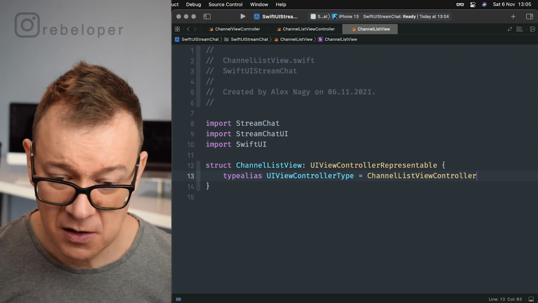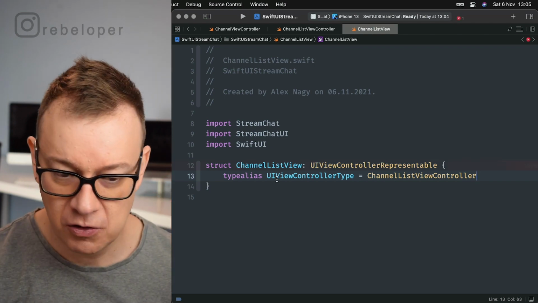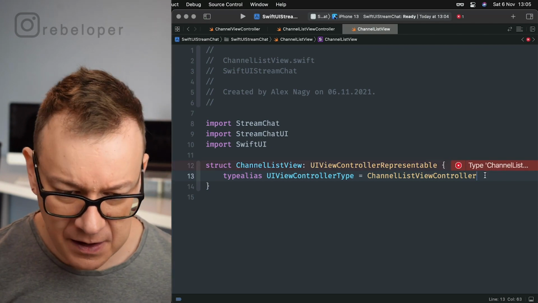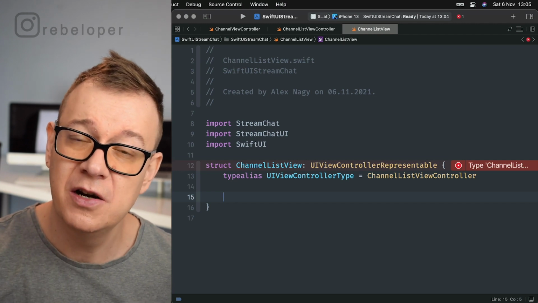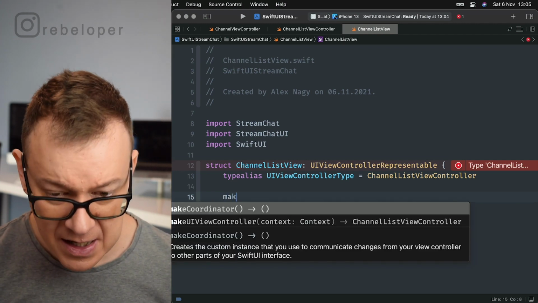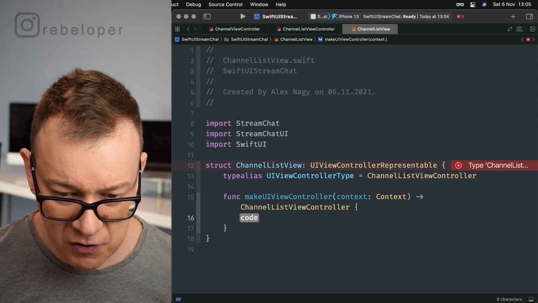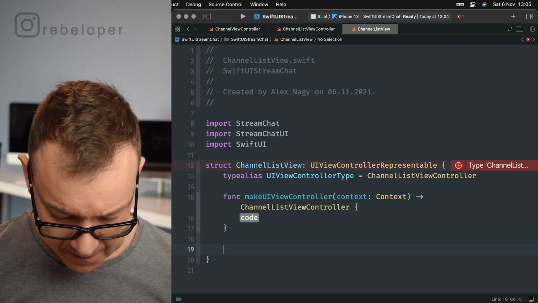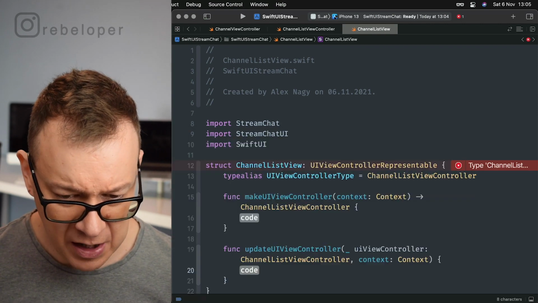There we go. So this is our UI view controller type, and finally we want to add those two necessary functions, that is make UI view controller and update UI view controller.